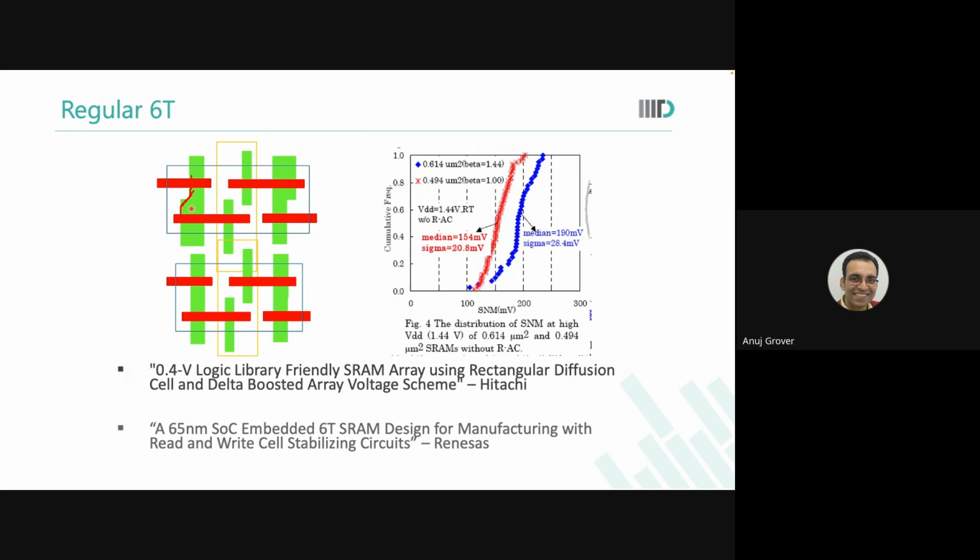Okay? And these are the results that Renesas showed. They demonstrated that in a high density memory cell where they just kept the same width of the pull down and the pass gate, so the cell ratio is 1, even though the median SNM was smaller, 154 th median, because sigma was lower, my VDD min was actually better. My overall yield